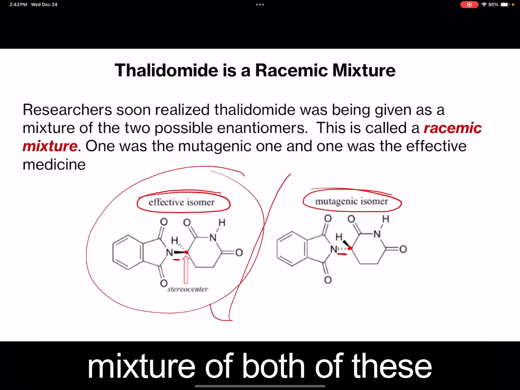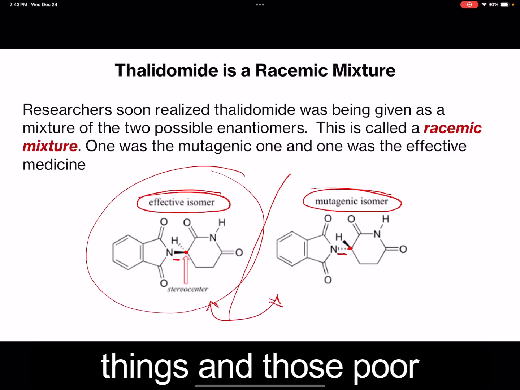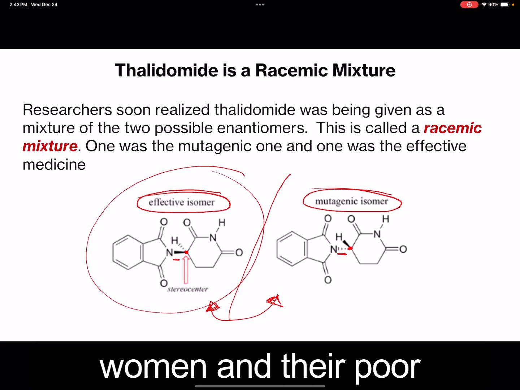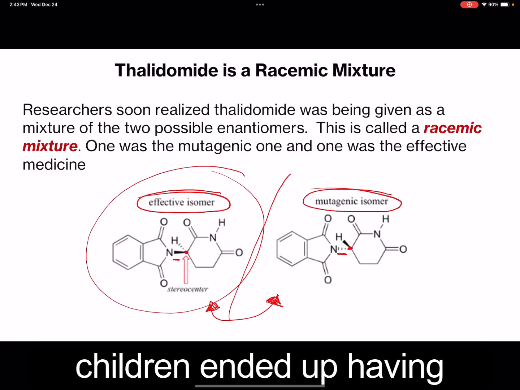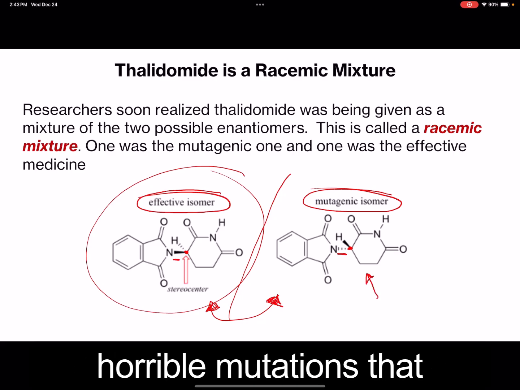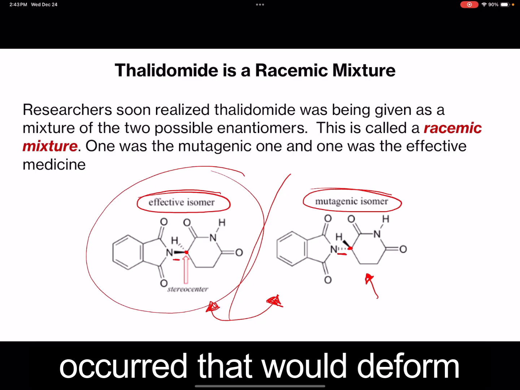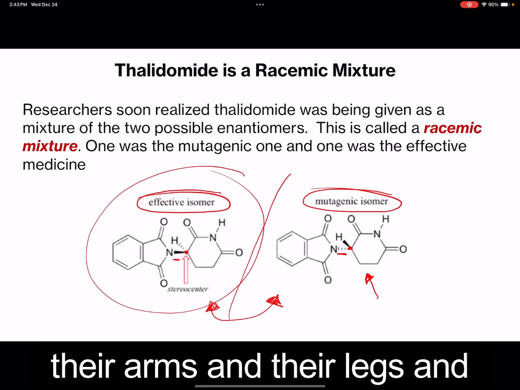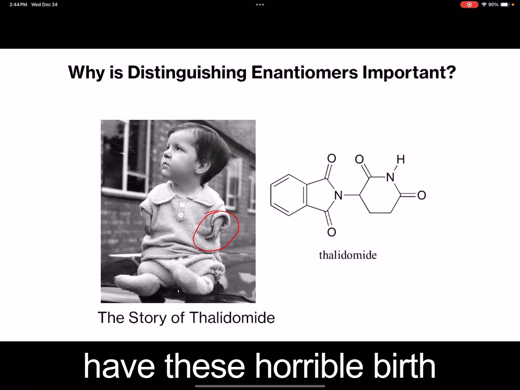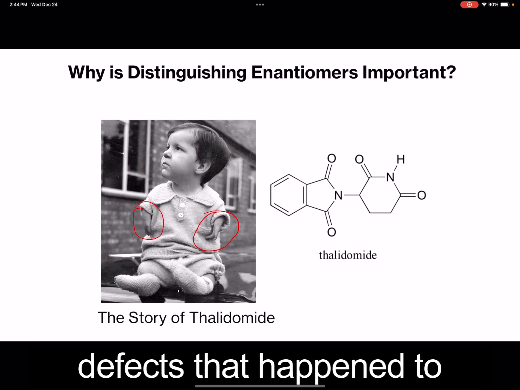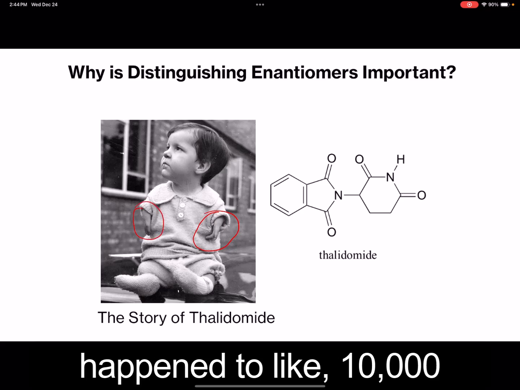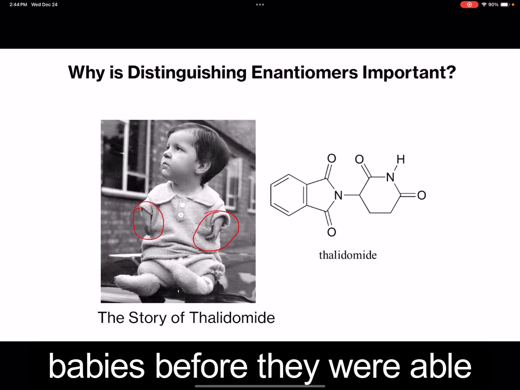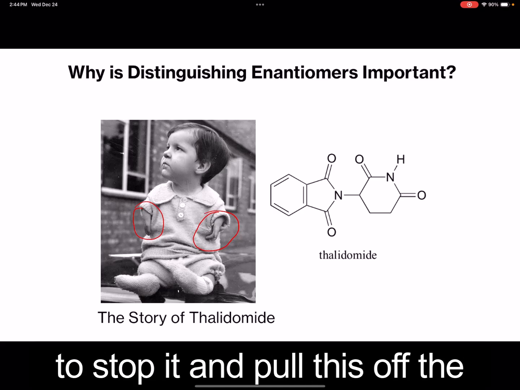It was a mixture of both, and those poor women and their poor children ended up having horrible mutations that would deform their arms and legs and cause terrible birth defects. This happened to 10,000 babies before they were able to stop it and pull this off the